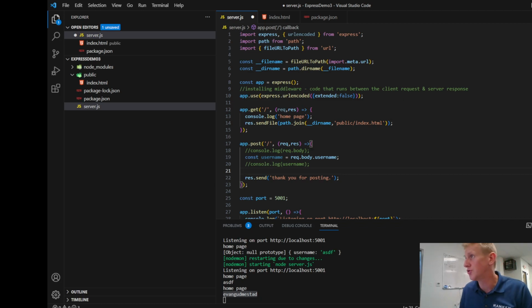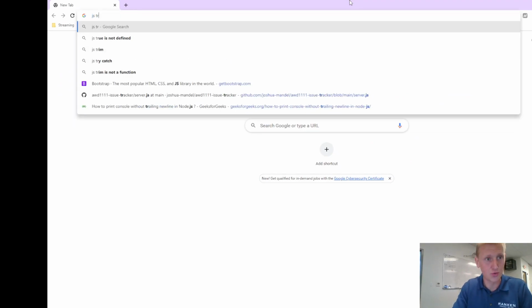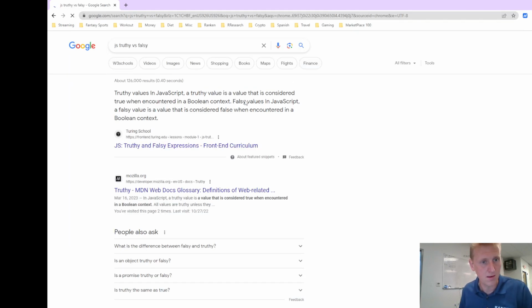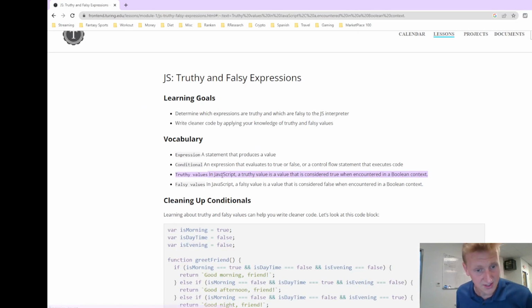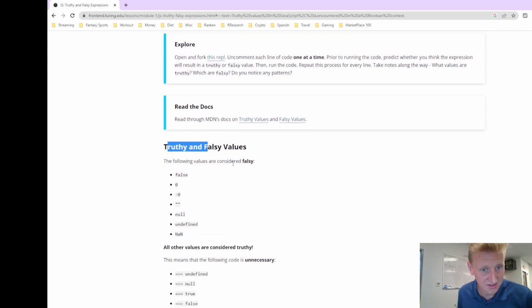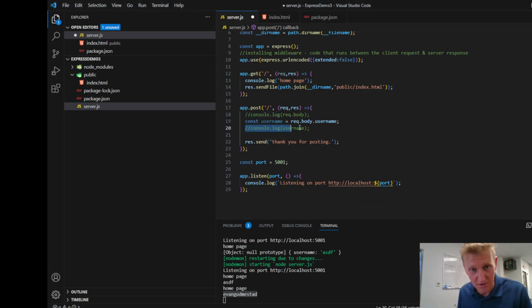Kind of going back to truthy and falsy, right? JavaScript truthy versus falsy. These are the two buckets. And we covered what is truthy and what is falsy. So falsy is an empty string. If the user doesn't type something, that would be considered falsy, right? And so a really easy way to validate your data to see if the user typed anything, you would just say if